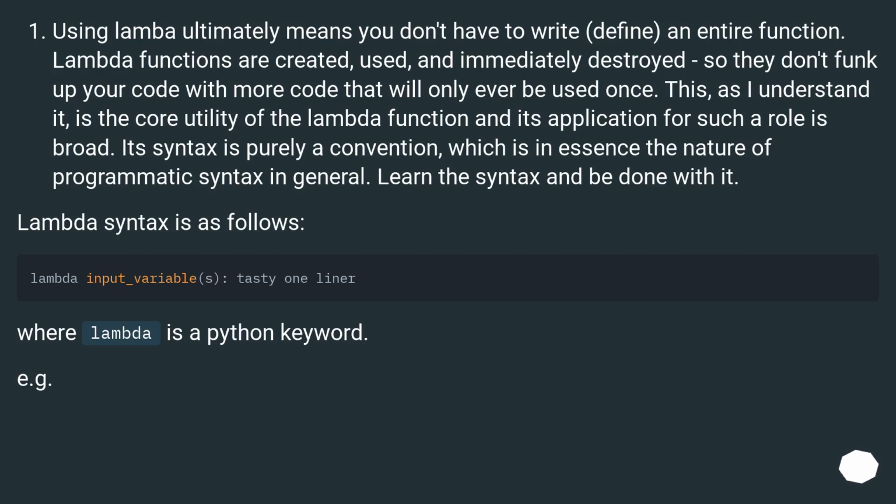Using lambda ultimately means you don't have to define an entire function. Lambda functions are created, used, and immediately destroyed, so they don't funk up your code with more code that will only ever be used once. This, as I understand it, is the core utility of the lambda function, and its application for such a role is broad. Its syntax is purely a convention, which is in essence the nature of programmatic syntax in general. Learn the syntax and be done with it. Lambda syntax is as follows, where lambda is a Python keyword. For example,